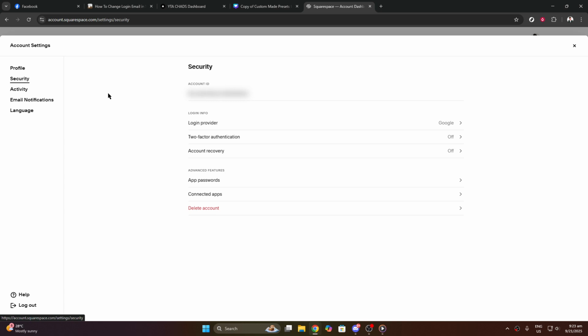Clicking on this will bring you to a more detailed menu where you can manage everything from your personal information to security protocols. Next, let's focus on security. In the Account Settings menu, you'll see an option labeled Security. Clicking on security is crucial as it allows you to manage all security-related aspects of your account. Regularly reviewing and updating your security settings is a good practice to ensure that your account remains secure from unauthorized